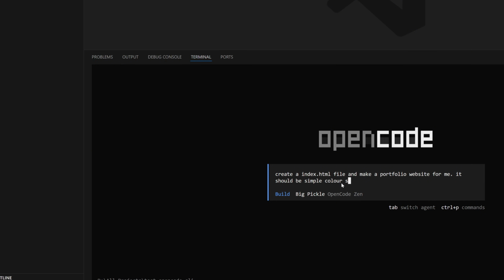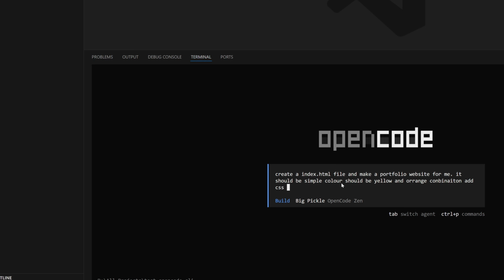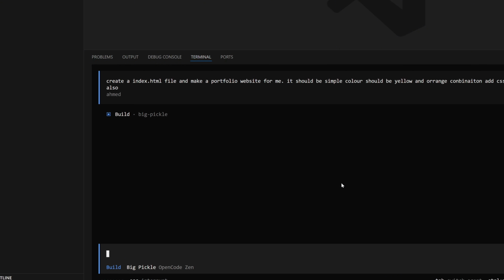The color should be a yellow and orange combination. Add CSS and JavaScript also. Hit enter, and we just have to wait for some time, and it will create all the necessary files